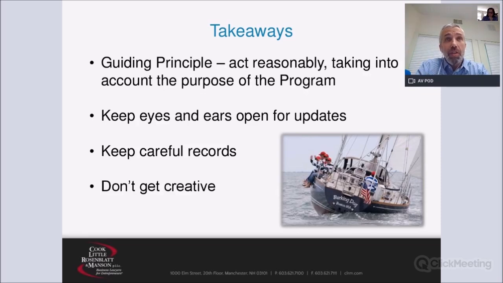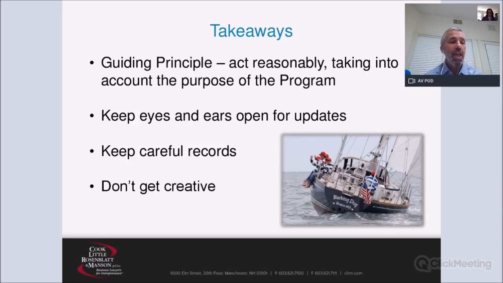I know there was one I meant to address about the banks. The question had come in about whether banks can treat different requests for forgiveness differently. And I guess there's nothing that I've seen that says they can't, but in general, banks, I think, will be very leery about doing that because they're not going to want to be accused of discriminating against one type of borrower or another as they're determining whether or not an application for forgiveness should be granted.